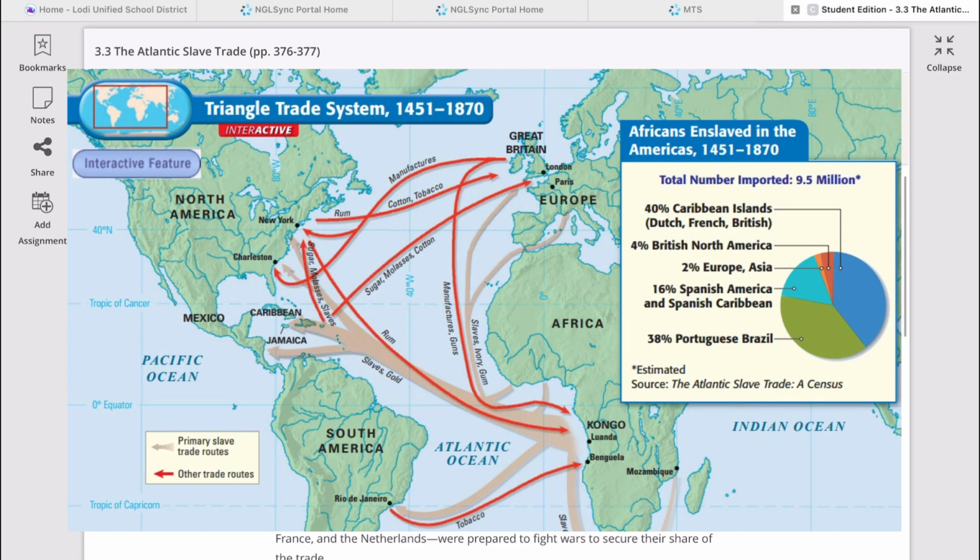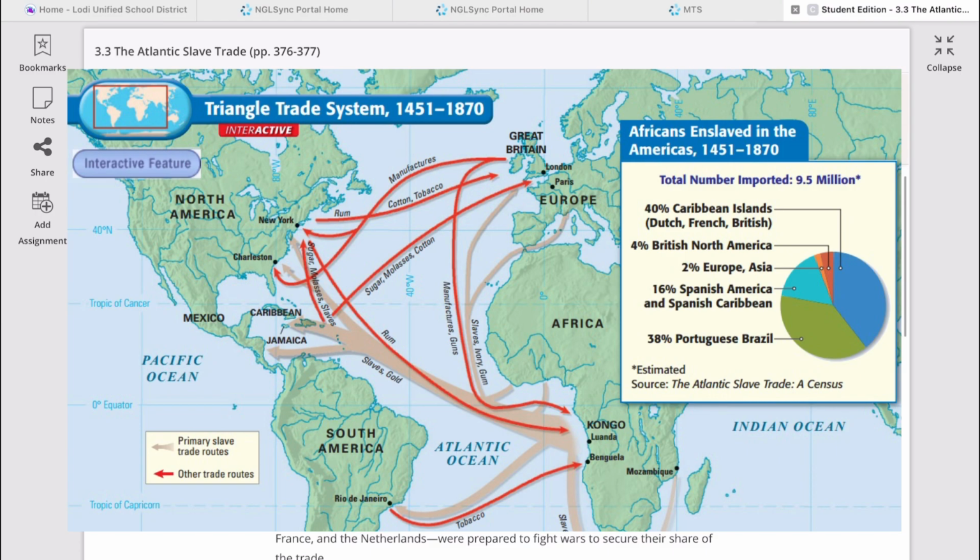If you take a careful look at this picture, you will see the different products that are being imported and exported to different places from these four major continents. So we have South America and North America, and we also have Europe and Africa. So slaves are coming from West Africa, and most of them will go to South America to work in the plantations out there, sugarcane plantations. And there are products that will be brought to North America, and from North America will be sent back to Europe.